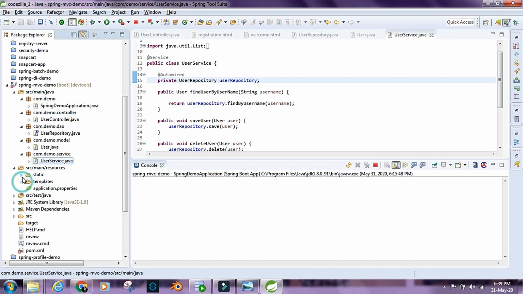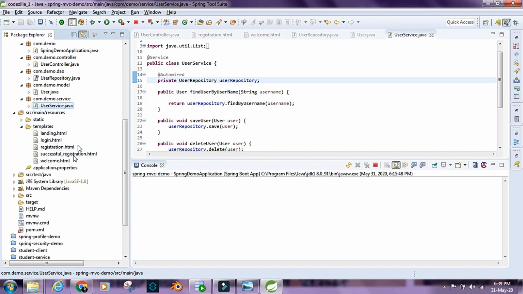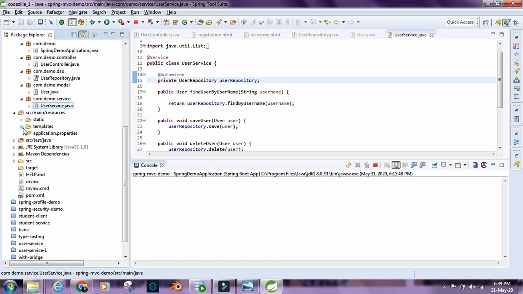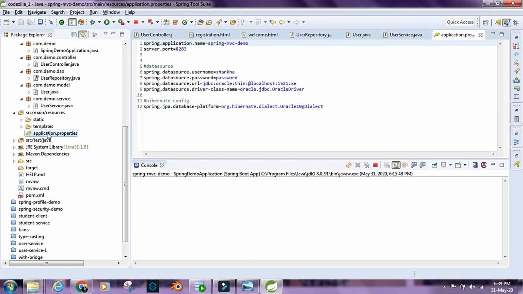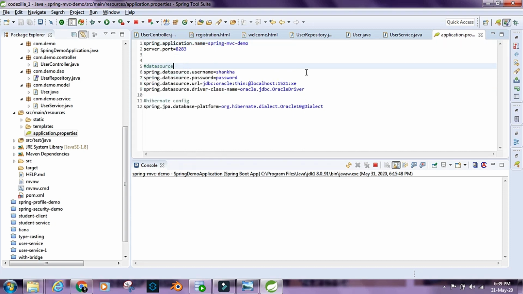And apart from this, we have this templates folder inside our source main resources folder, right, which holds the HTML pages, and then we have this static folder which holds the CSS and the images for our application, and then we have this application.properties file which holds the configurations for our data source, for connecting to our database, right? So that is basically it